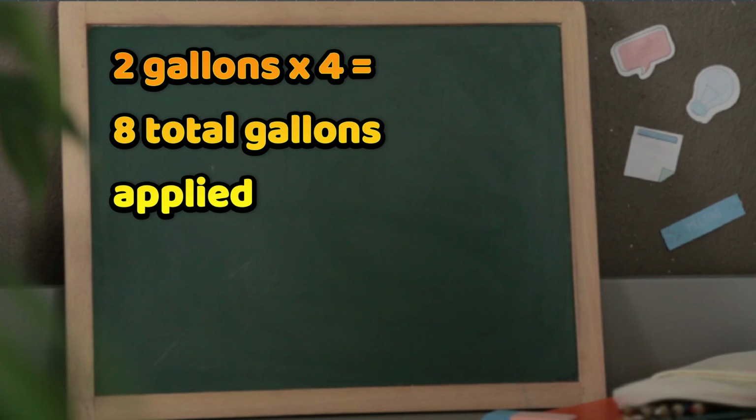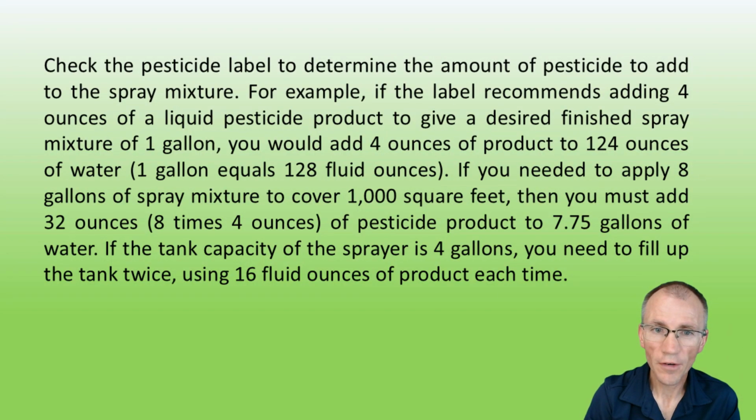You just have to make sure you keep your numbers, like if you have to write them on a scratch paper or whatever it is, you have to break this down into smaller problems to get you to the bigger answer. We're also going to need to check the pesticide label to determine the amount of pesticide to add to